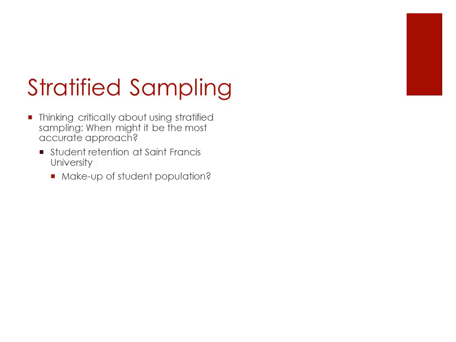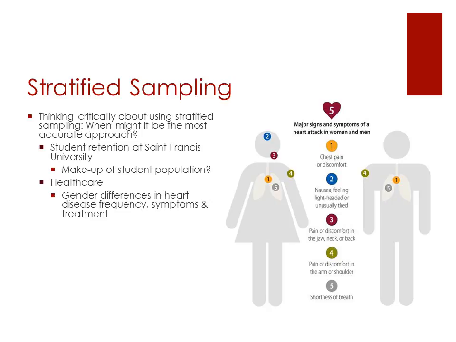They would just be awash and hidden in the other numbers. So using a simple random sample to look at issues of retention for students at St. Francis would tell me a lot about the dominant population in terms of age, but would not allow me to address an important subgroup that's smaller, but perhaps has unique strengths and weaknesses that I need to know about. So if we were doing that,